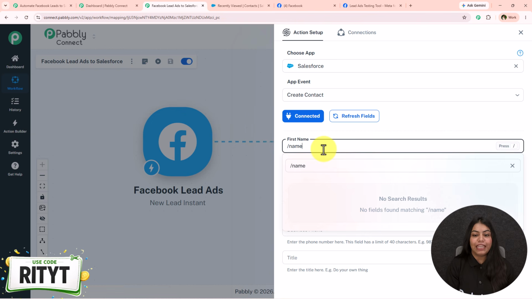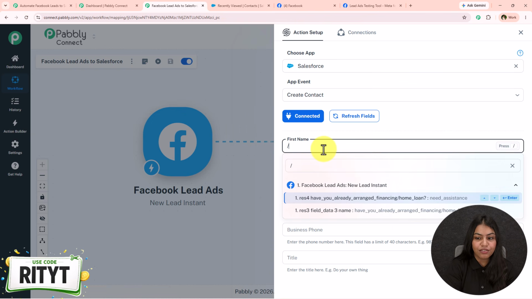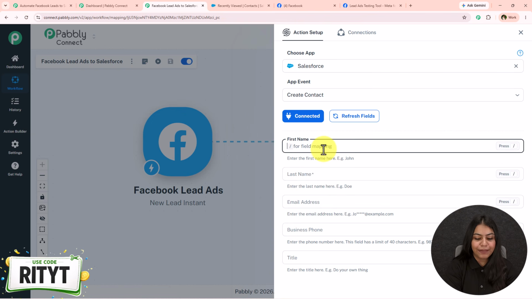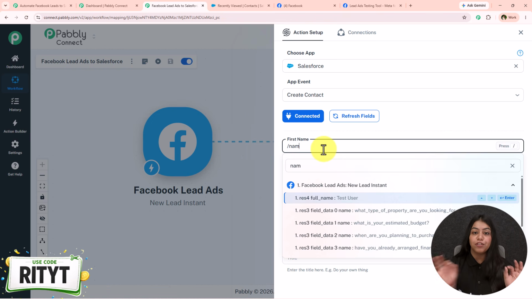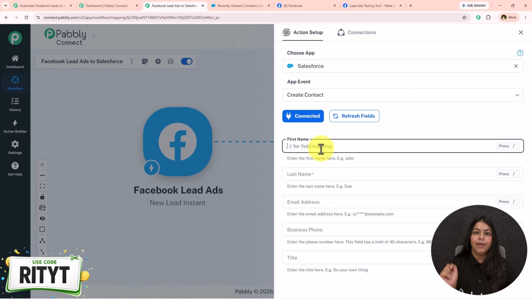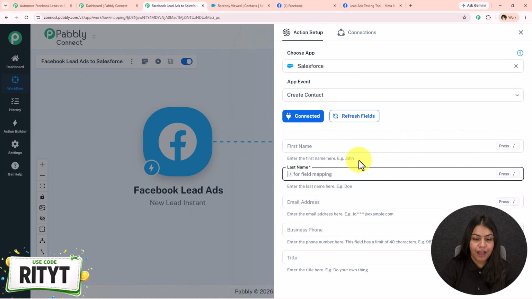Like I want to map the name, so I'm just going to put a slash and then search for the name, and then simply map the name. When we search for the name, you can see that we have the full name of our lead, but I want the name separated into first name and last name. So if you're going to collect the name separated into first name and last name in your form section, then it's okay. But if you also collect the full name all together, then what you have to do is